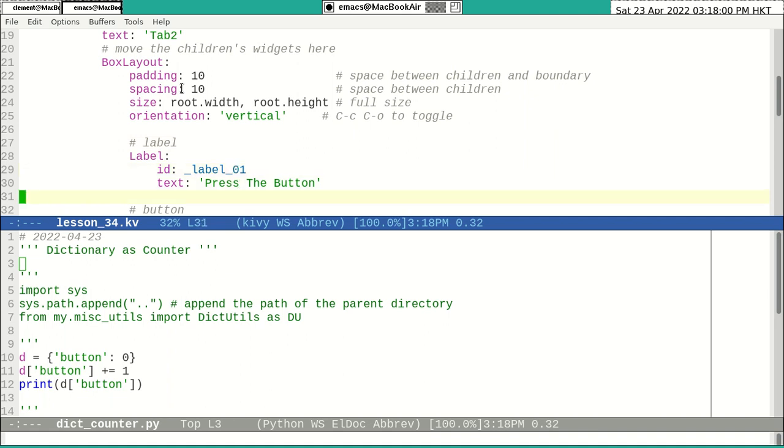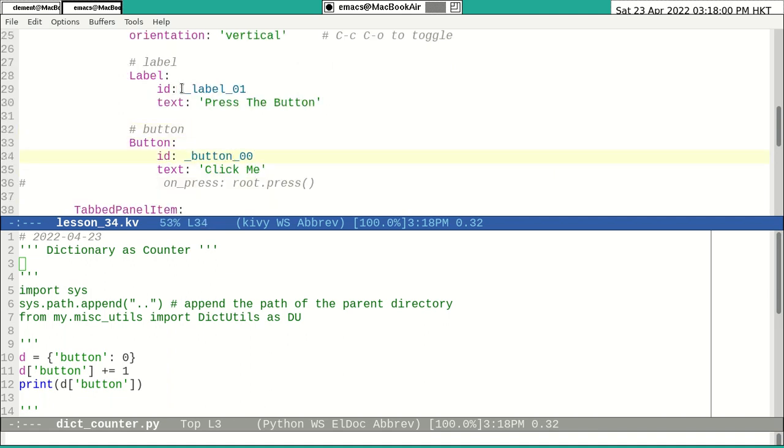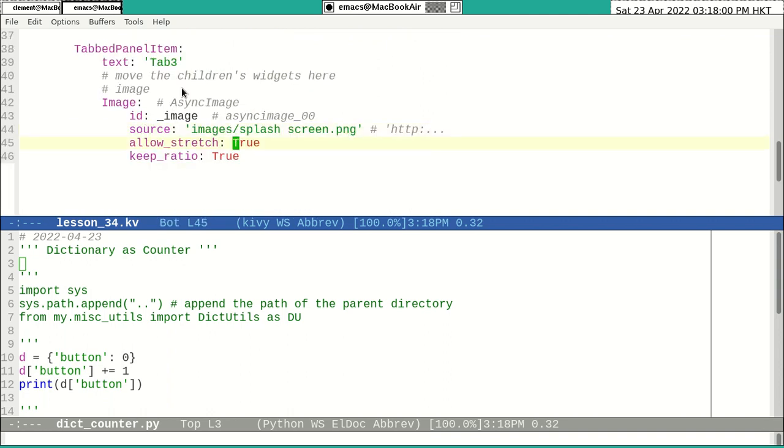Then I come to the button. Then I would get a 0. And for the image, I would get a 0 here. Okay. Anyway,